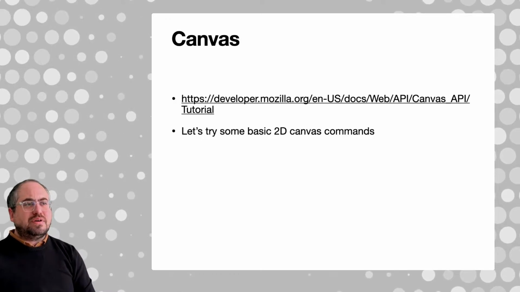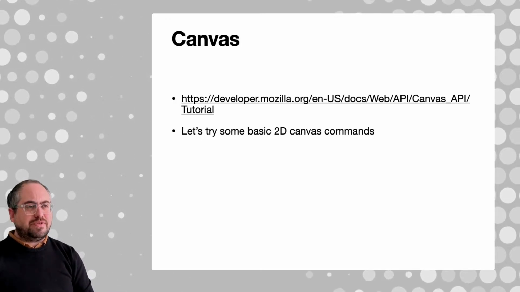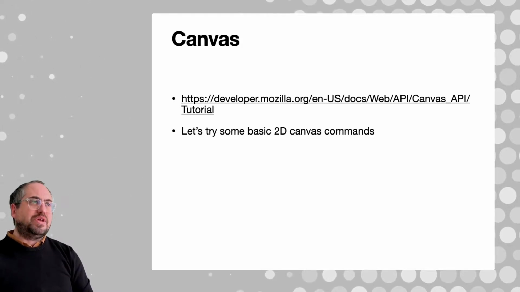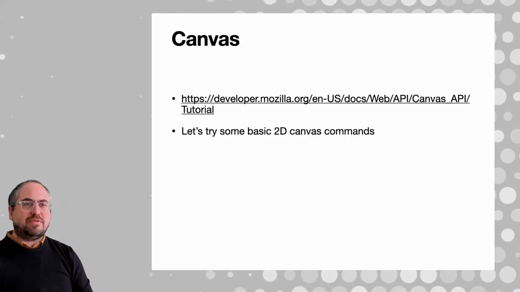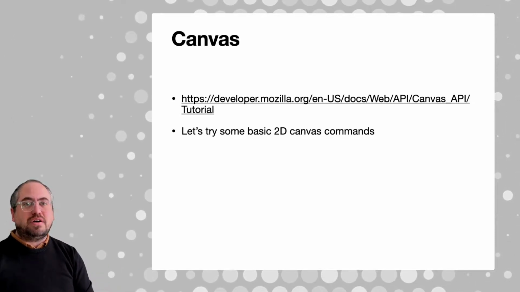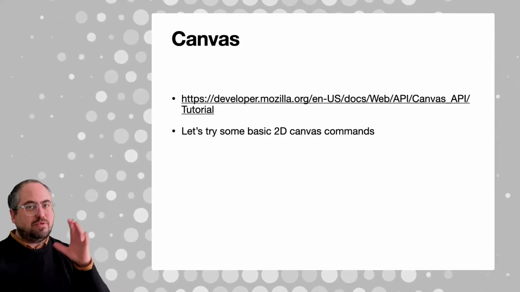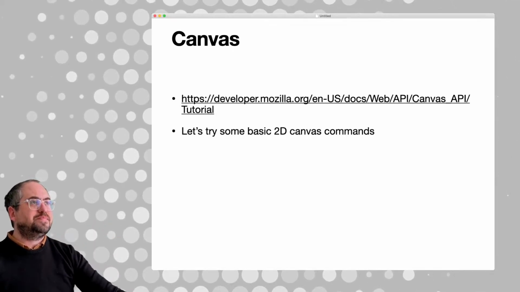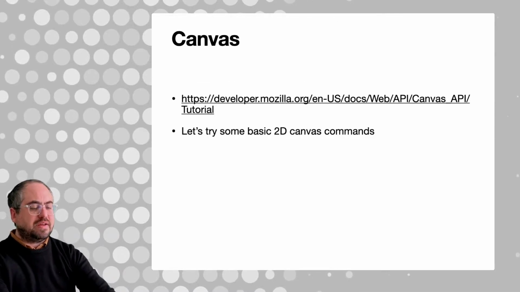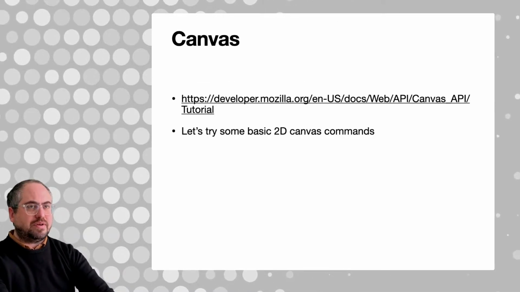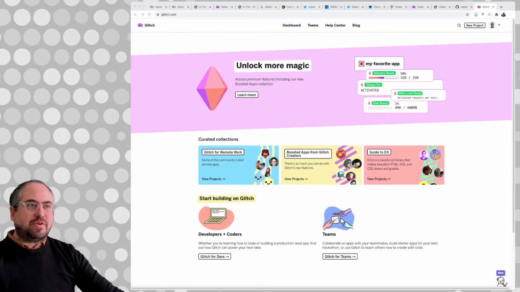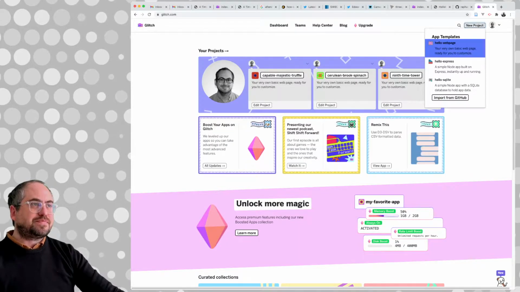So as usual, the Mozilla Developer Portal has a really great tutorial on getting started with Canvas. And so we are going to just try to do some basic thing, like let's make a little basic interaction where we draw a square or something and we can move it around the screen using the keyboard. And this will introduce the various components of getting a Canvas element up and running. So we're going to head over to our Glitch site and we're going to make a new Glitch project,